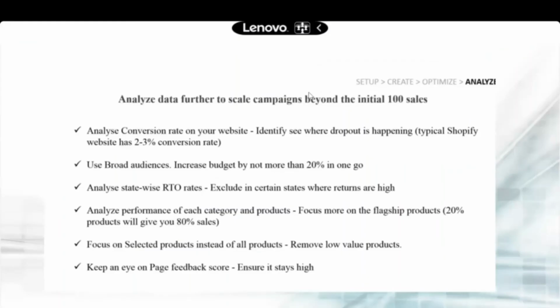So it all depends on your marketing budget. If your budget is good, you can run low cost ads, you can also run branded ads. But if you want to create awareness, you should run the ads for at least 3 to 4 months so that awareness is created amongst the audiences, right?